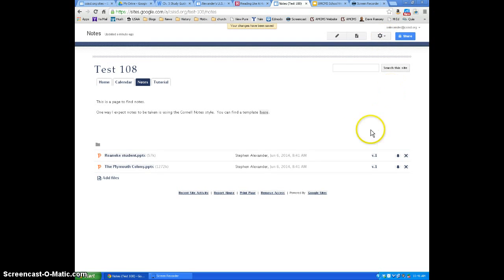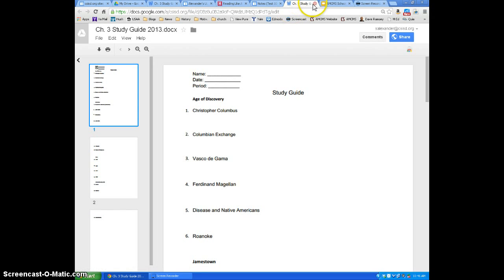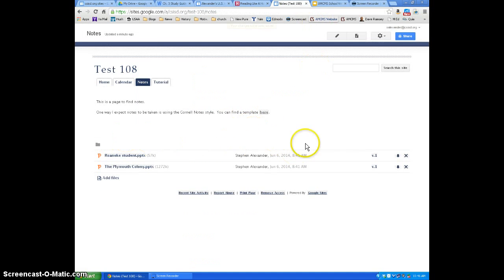And so then when somebody clicks on it, it takes them to, in this case it takes them to the study guide, but in theory it would take them to your template over Cornell Notes. That is how you could link, and so in theory what you could do very easily is,